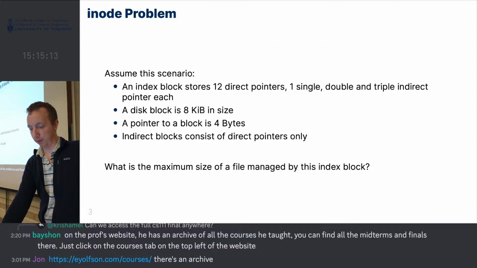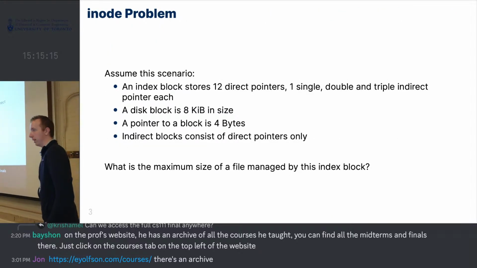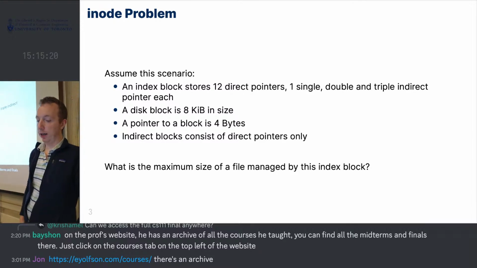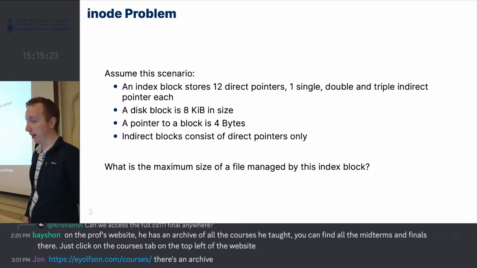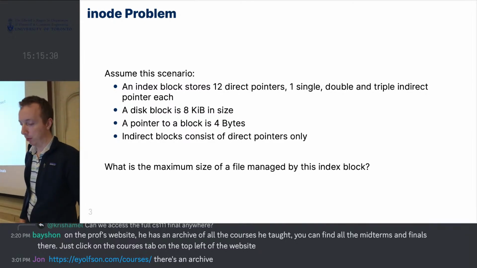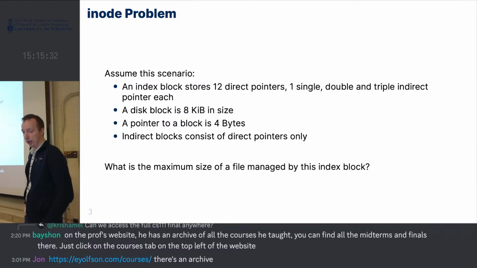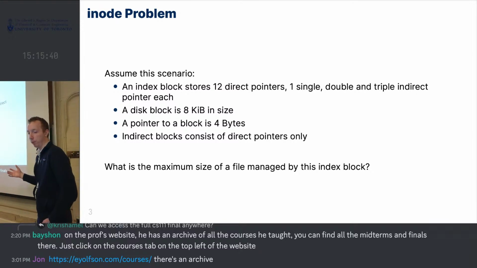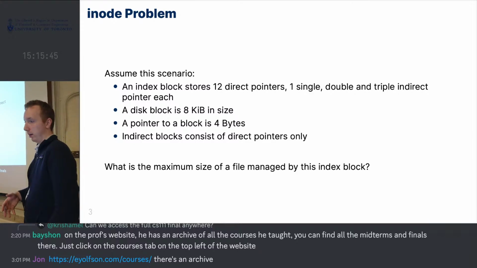All right, so let's see the maximum file size we can support now. So if our inode has an index block that stores 12 direct pointers, one single indirect, one double, and one triple indirect, and our block size is 8 kilobytes, and a pointer to a block is 4 bytes, and assuming that our indirect blocks are just full of pointers, so it doesn't have any metadata or anything, well, we should be able to calculate what the maximum size of the file is that's